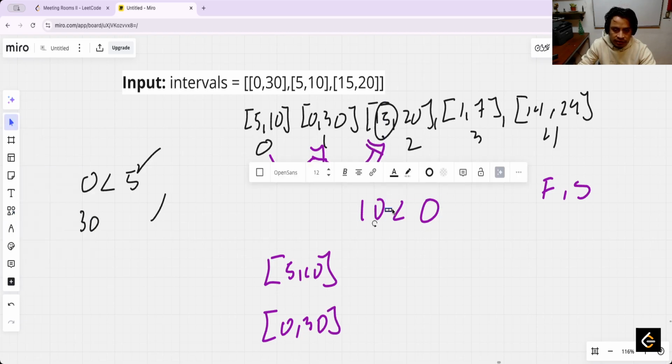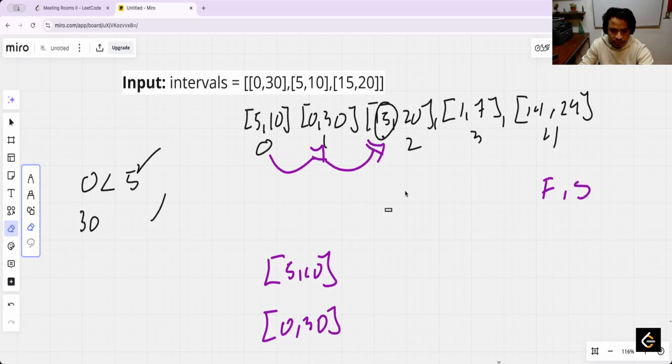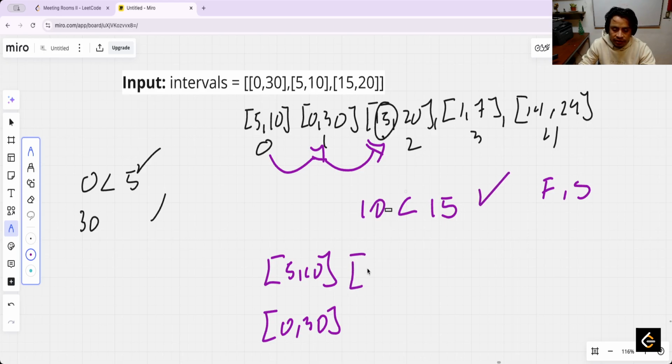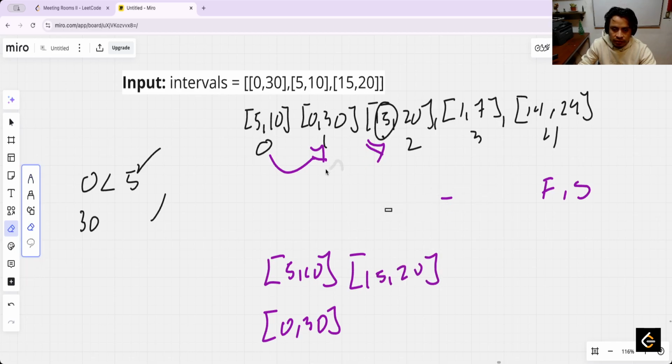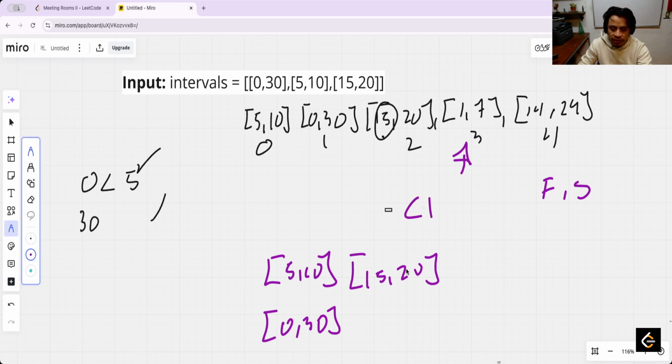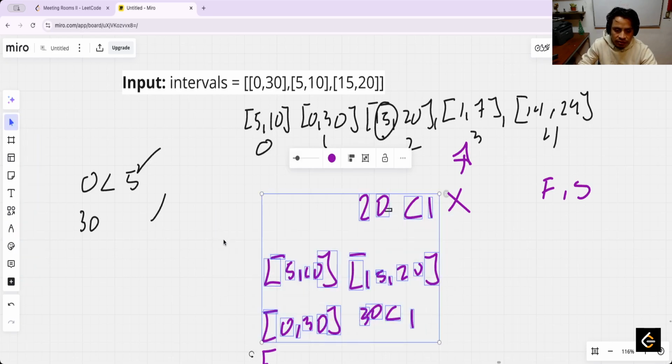Okay, now the next that is this 15 is greater than 10. Yeah, in this case I can put here 15 and 20. Okay, now the next that is this 1 is greater than 20? No. 1 is greater than 30? No. Okay, I think that I should